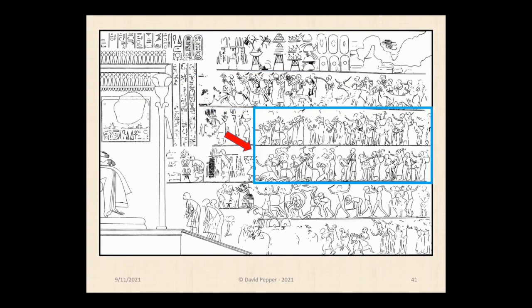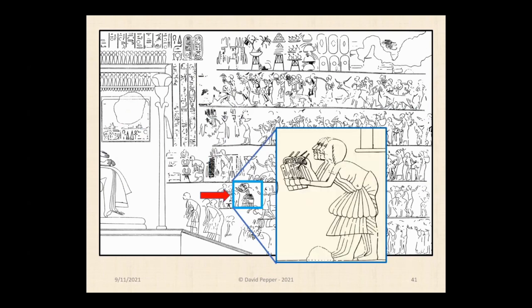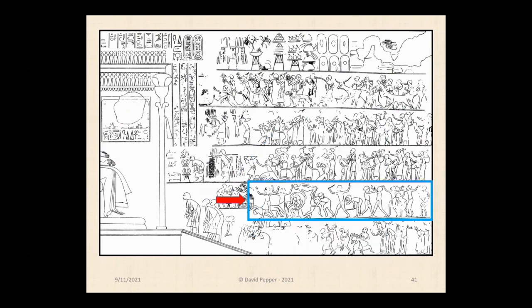In the 3rd and 4th registers, soldiers present bound captives and the families of women and children, probably destined to become slaves. At the front of the 4th register, a man carries a pole festooned with cloth and beads, just like the one I showed in the top register, and another in front of him presents gold collars. As in many Amarna tomb scenes, 4 scribes record the events, perhaps so they can be accurately depicted on the tomb owner's walls. And finally, in the second from the bottom register, troops are demonstrating wrestling and their athletic prowess.